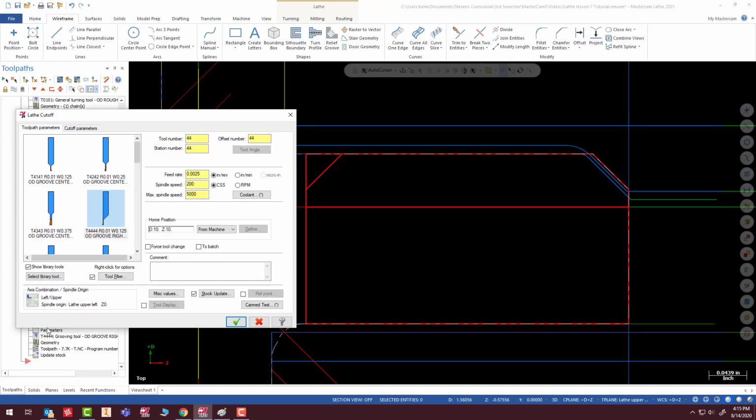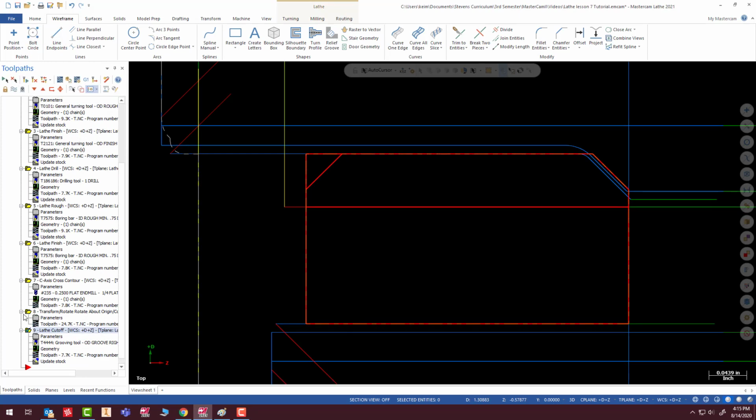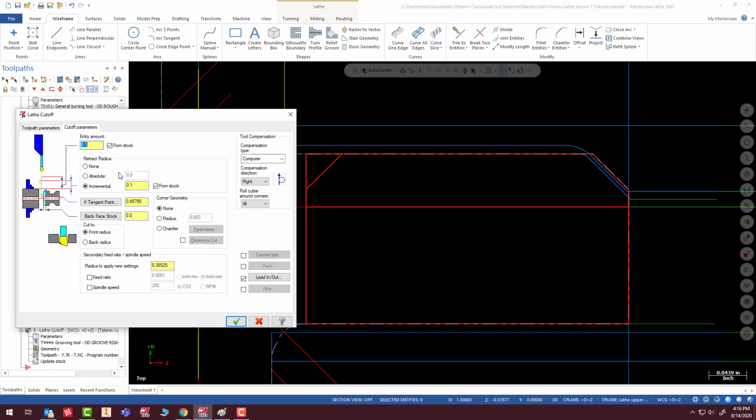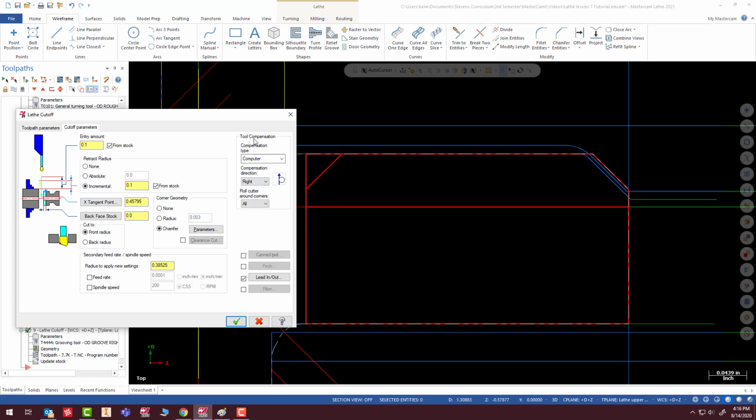So I'm going to pick my chamfer again. Actually, check that. I'm going to pick my geometry. I'm going to pick this point up in that corner. I'm going to regenerate that. And I'm going to go to Parameters. And I'm going to go into my cutoff parameters. And I'm going to go to Corner Geometry. I'm going to say I want a chamfer, and I'm going to go to Parameters, say 0.042 is going to be my chamfer, check. All right, now,